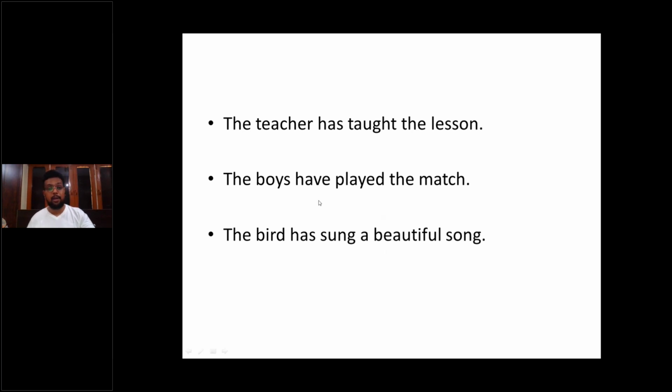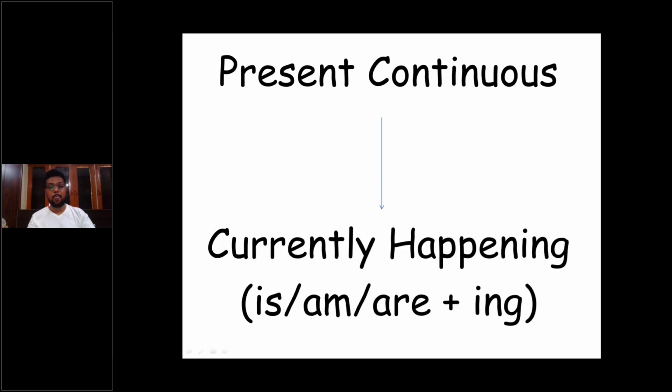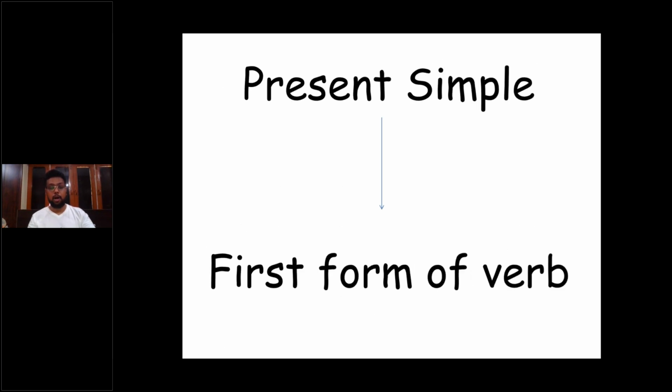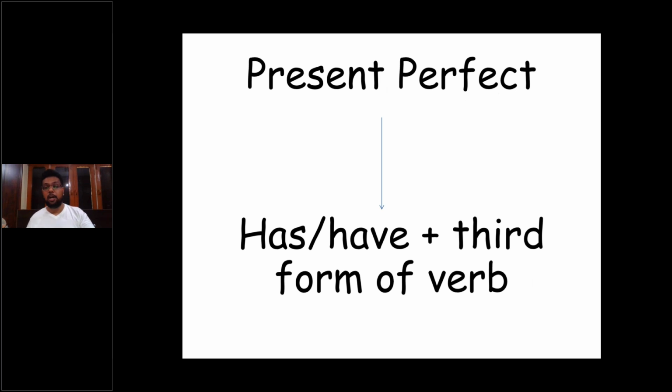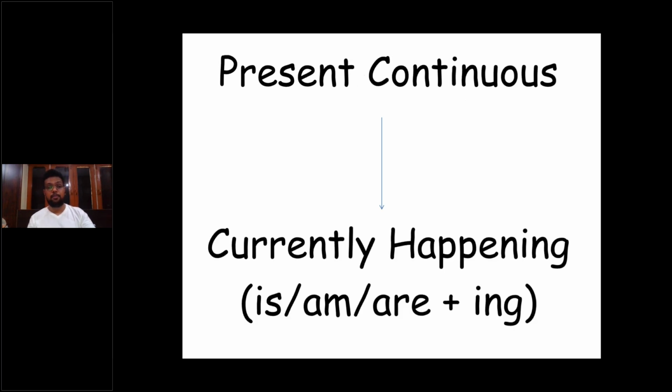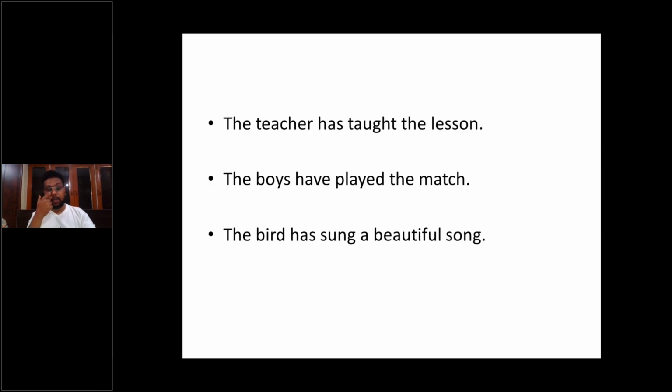Now, ladies and gentlemen, in all these three sentences, what are we seeing? We see has, we see have, we see has, and along with has and have, we are also seeing the third form of the verb. Please see here, sung. Sung is the third form of